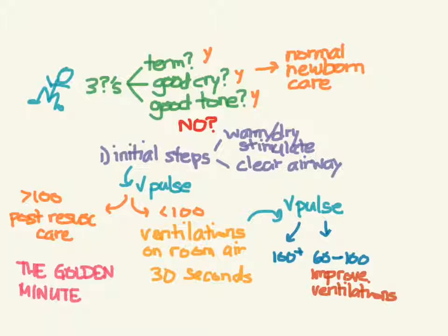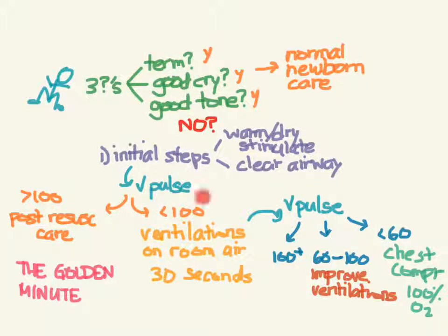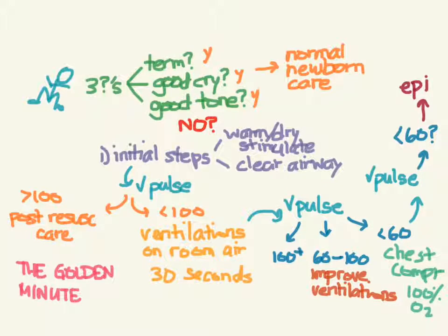Now, if the pulse is less than 60, now it's time to get serious. We're going to start chest compressions. I'm going to crank that oxygen up from room air to 100%. Because at this point, we have a persistent bradycardia, right? It was bradycardic here. We took some interventions with a ventilation. We checked again 30 seconds later. It's still bradycardic. Chest compressions and oxygen. Then after this, we're going to check a pulse again, and if we're still less than 60,